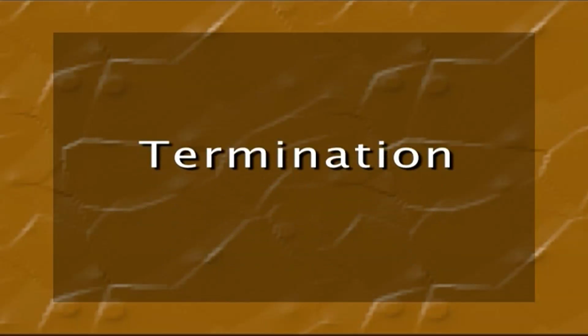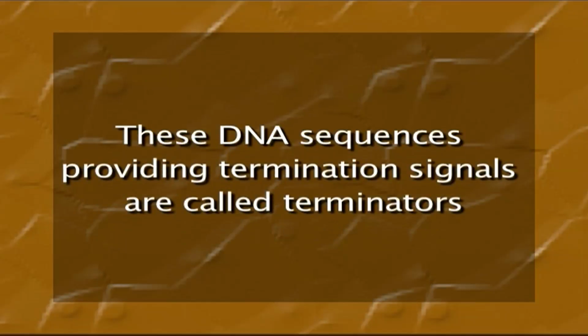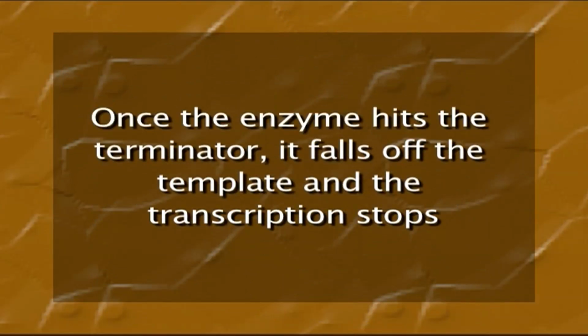Number 3 is termination. The termination of the mRNA chain in prokaryotes is brought about by certain termination signals on DNA. These DNA sequences providing termination signals are called terminators. Once the enzyme hits the terminator, it falls off the template and transcription stops. The termination signal, whenever found on DNA,